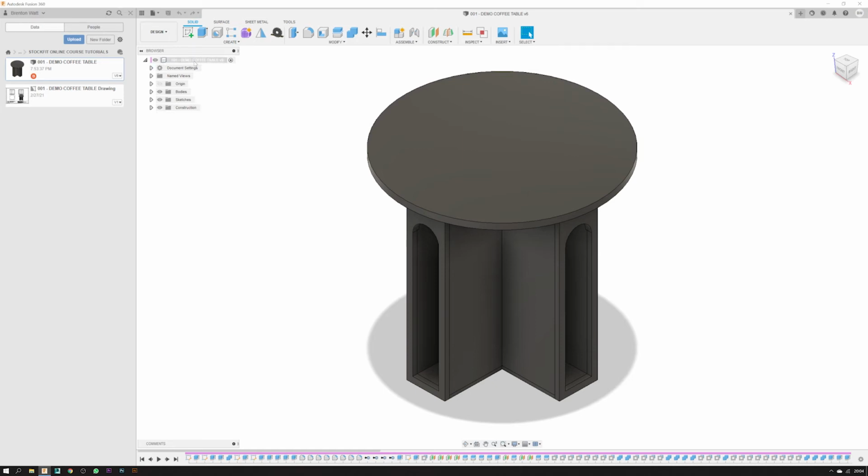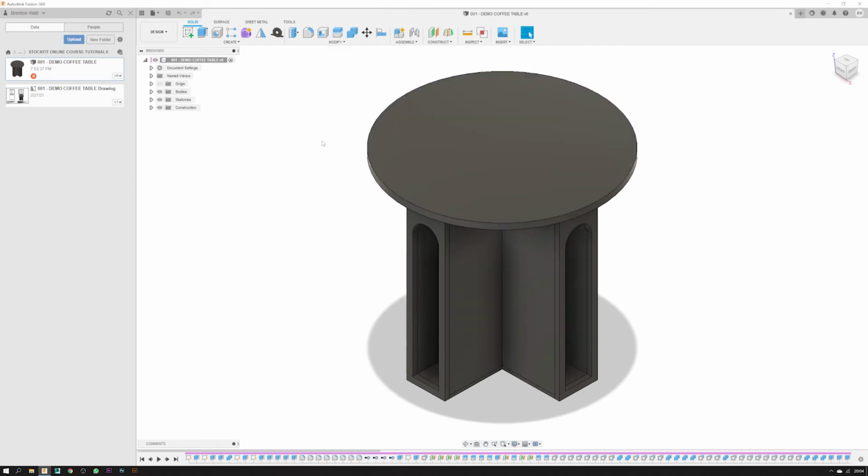Then you'll notice on the left here we've got the browser section. Now this is the most understated section of Fusion 360, in my opinion. This is where a lot of work takes place. Basically, you've got your data panel, which is your master file folder type of thing. Now this would be a secondary sort of data panel of the model itself, which means